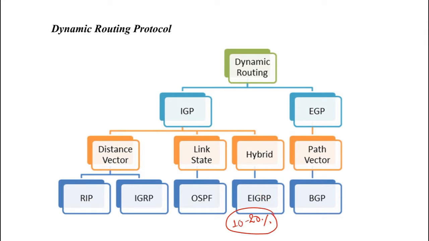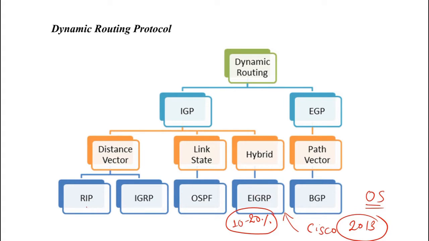The reason they use it less is that EIGRP was Cisco proprietary till 2013. After 2013, they made it an open standard. Although it is now an open standard, lots of other companies are still not using EIGRP, because I think their software is built a certain way and they don't want to make changes in it. So most companies still don't support EIGRP.